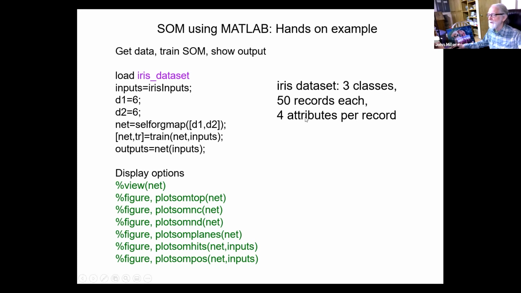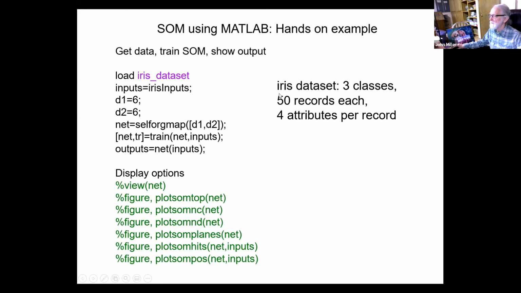So we did a little bit better than Kohonen here. We've got a pretty substantial data set: 150 total records, each with 4 attributes. We're going to explore that with SOM on an output array that's 6 by 6. That is to say, there are 36 nodes in this output array. We'll produce 36 prototypical vectors,